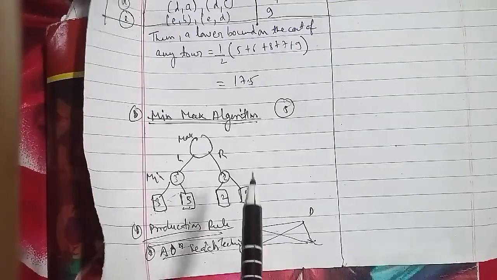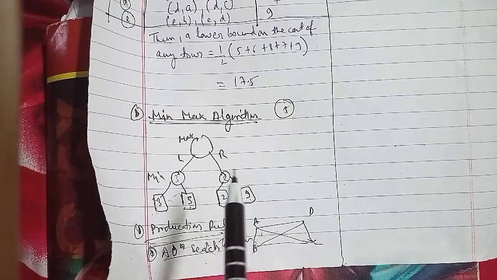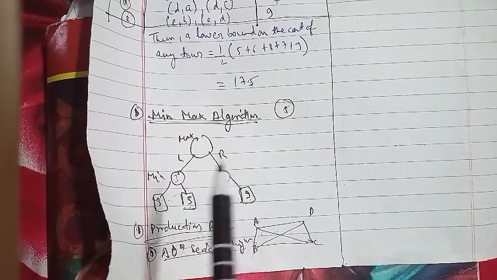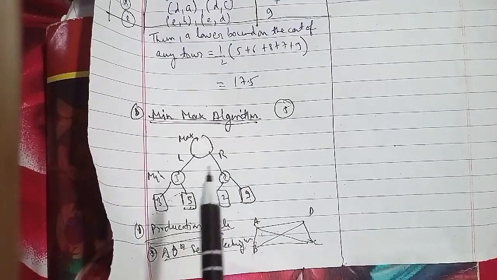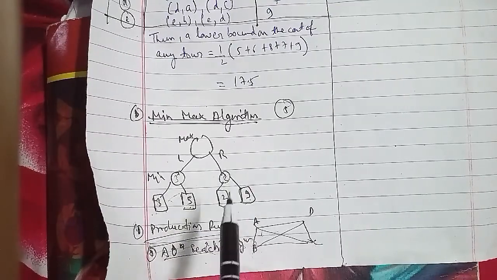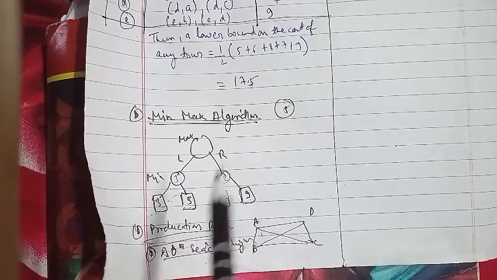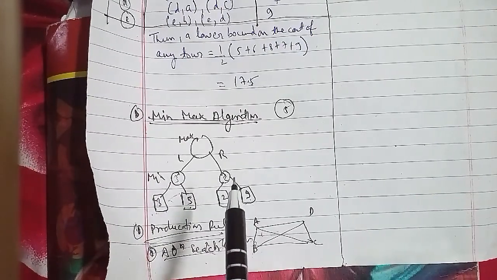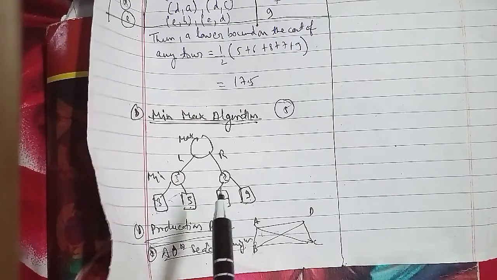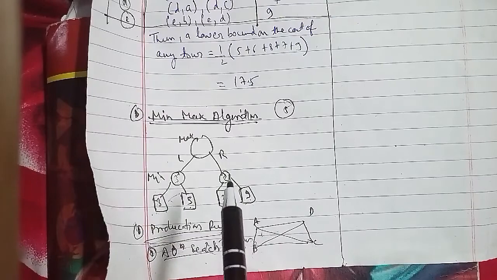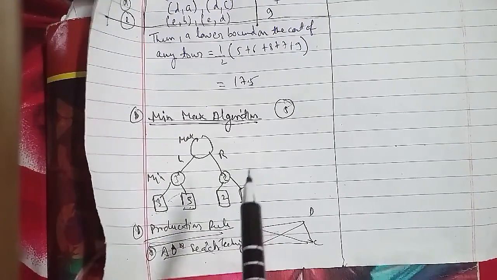This has been asked last time as well, as a question of 5 marks: explain the AO* algorithm with a suitable example and state the limitations of the algorithm. So with the example, we will make references to it, and even to the limitations. So the limitations of AO* are what we have to discuss here.